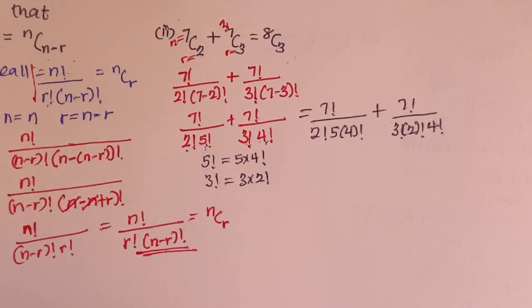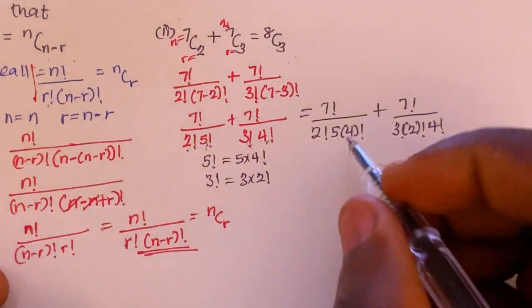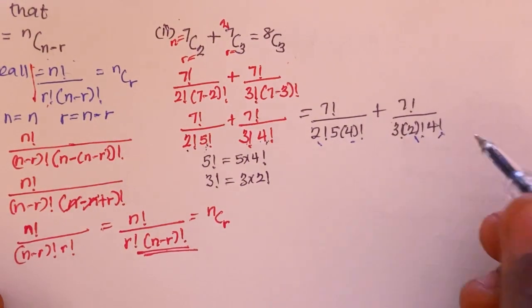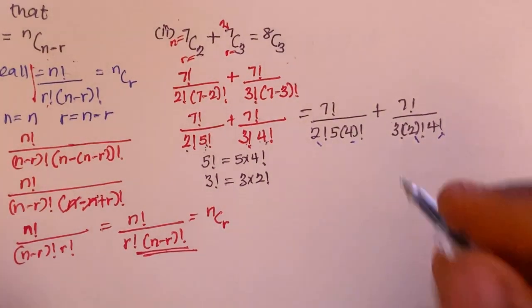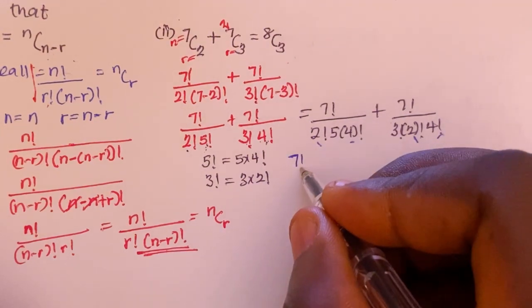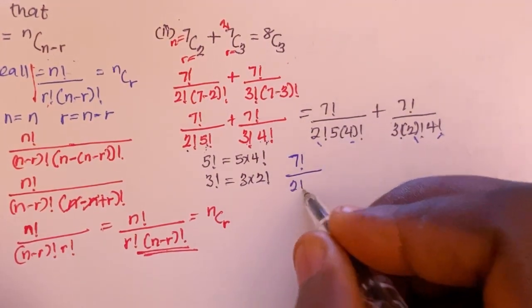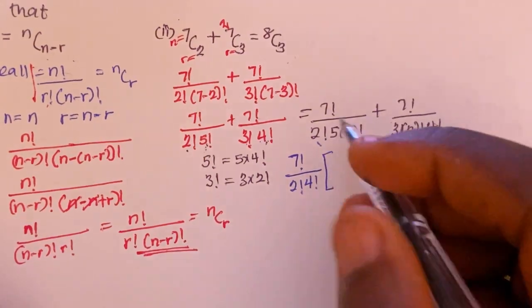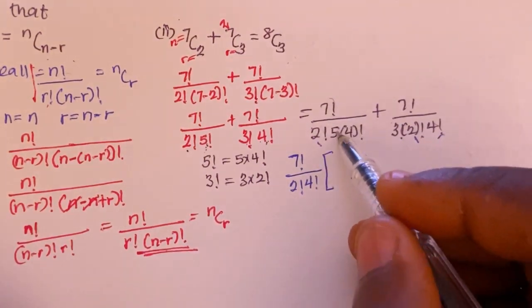The common factor is 2 and 4. I'm also having 2 and 4. So I can simply factorize both of them out. Then I'm going to factorize 7 factorial divided by 2 factorial. Then the next thing is 4 factorial into brackets. So if I factorize this 7, 2, and 4, I'm left with